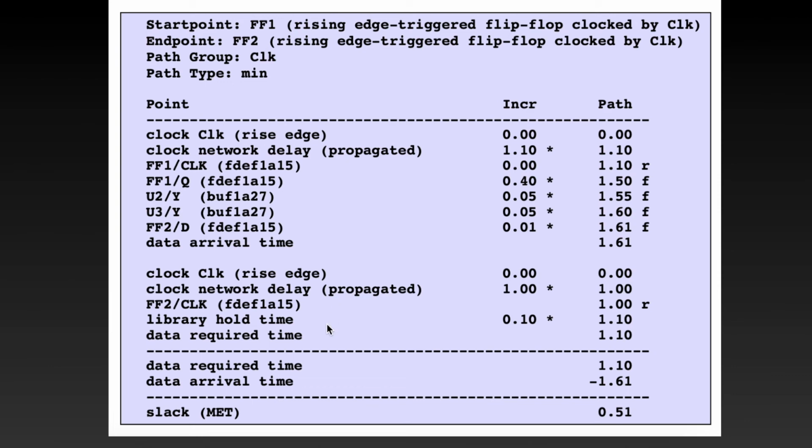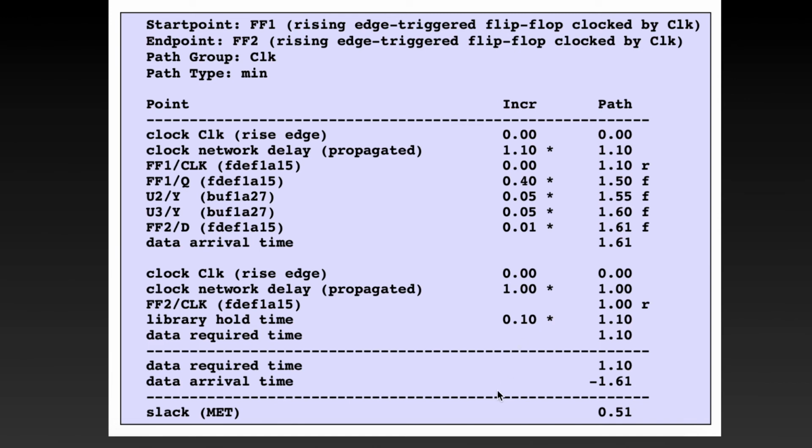And do note that, like I mentioned in the max delay report, in reality we have a component called uncertainty to model the jitter and other design margins, and that is not shown here. If you notice, since this is a min delay check, both launch and capture are being checked at 0. So we are basically checking at the same edge.